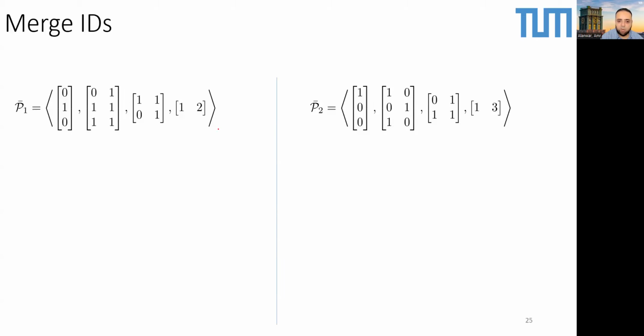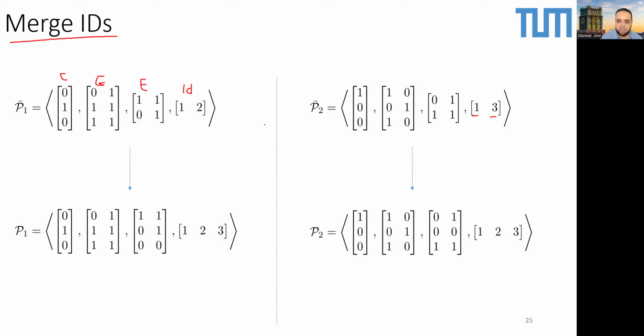And for this, before the operation, we need to do some operation called merge IDs. So if you have a polynomial logical zonotope where this is the C, this is the G, this is the exponent, and this is the ID, and the ID here is 1 and 2 for alpha 1 and alpha 2, and here 1 and 3 for alpha 1 and alpha 3. We need to do merge ID, which means